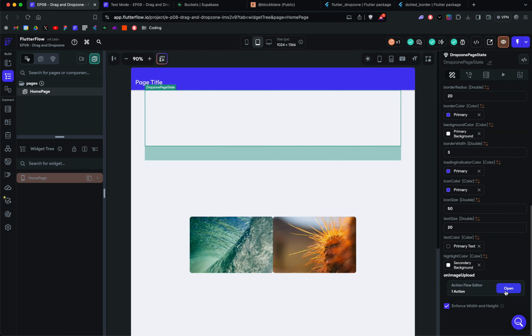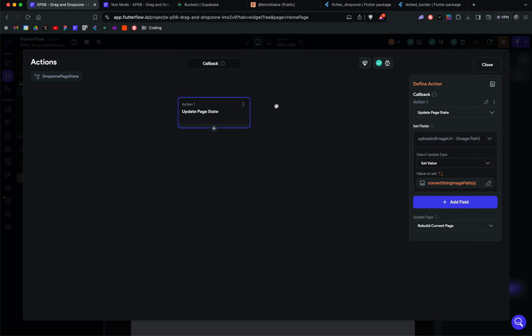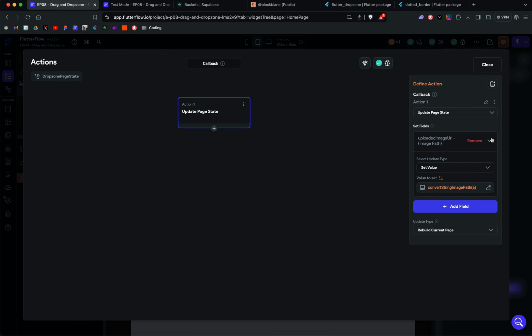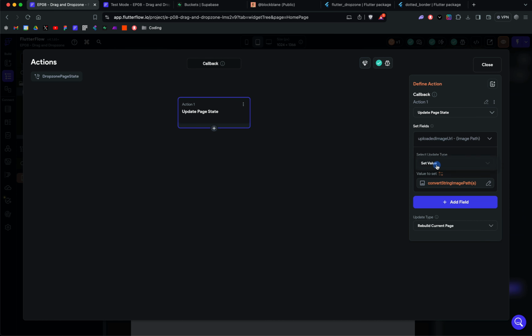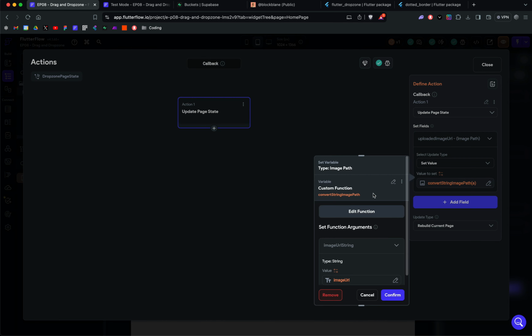If we come down here, the action is updating the page state and setting the fields. The update type is setting the value, and for the value set,